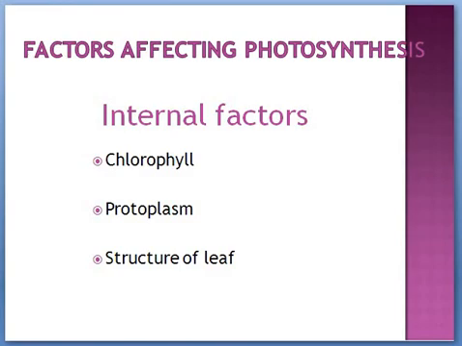And then the structure of leaf. I told you about the adaptation of leaf. If it is a broad leaf, the rate of photosynthesis will be very good. If it is a narrow leaf, the rate will be very low. And if the cuticle is very thick, the rate of photosynthesis will go low. The distribution of stomata, if it is very high, the diffusion of gases will be so fast that the rate of photosynthesis will also be good. The amount of carbon dioxide entering the leaf will also vary because of the number of stomata. So the structure of leaf will influence the rate of photosynthesis. And that's it about the internal factors.